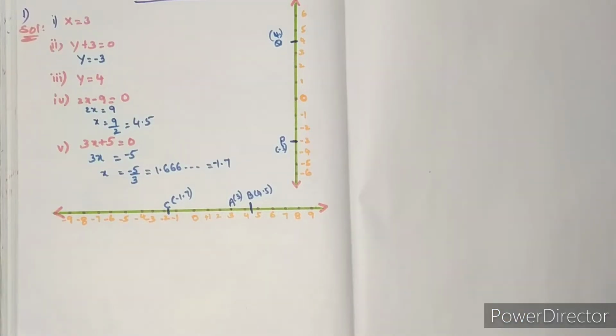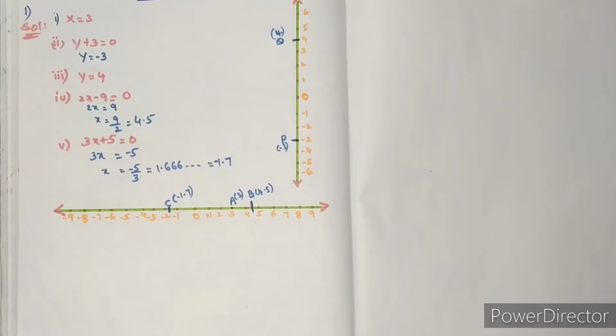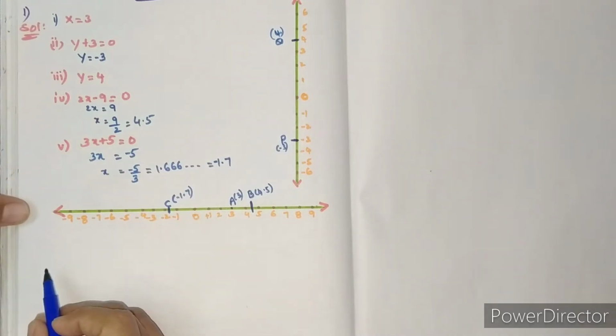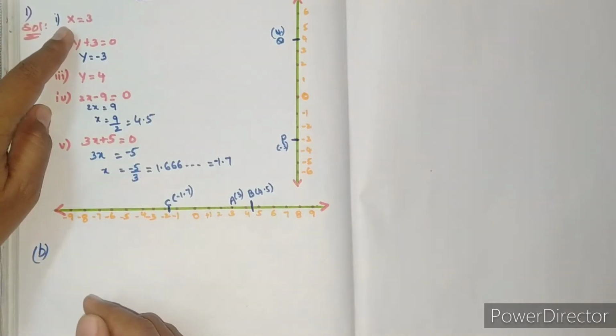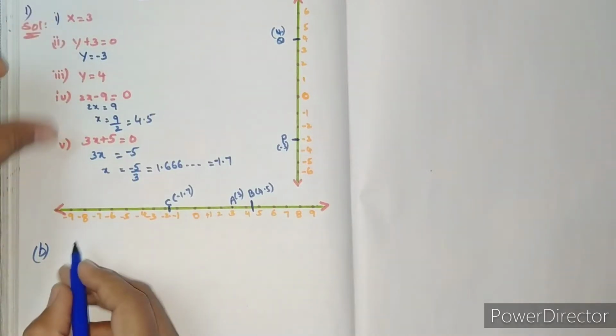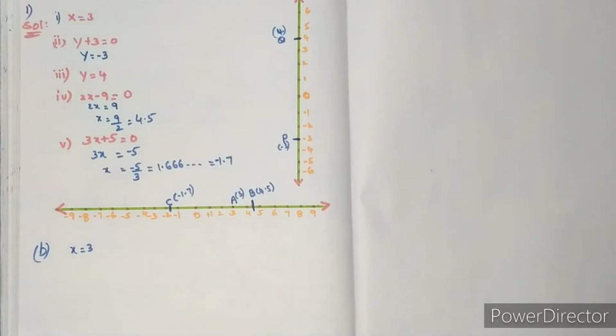In part B of the question they are asking to represent on the Cartesian plane. In the question they are asking for a graphical representation, so we have to represent on the graph. To represent on the graph, we have to take the given equations as linear equations in two variables. Already we have solved problems like this, students.